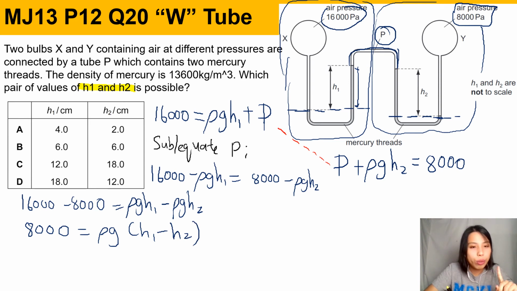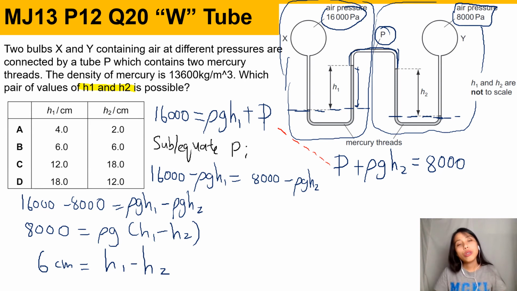Oh, wait, I can do one more thing. If I know rho and G, I can divide it out. So 8,000 divided by rho G. What's the rho of Mercury? 13600 times 9.81. Okay, so that's very, very small. Let's change it to cm. Okay, so I should get roughly 6 cm on the left side, and that 6 cm equals H1 minus